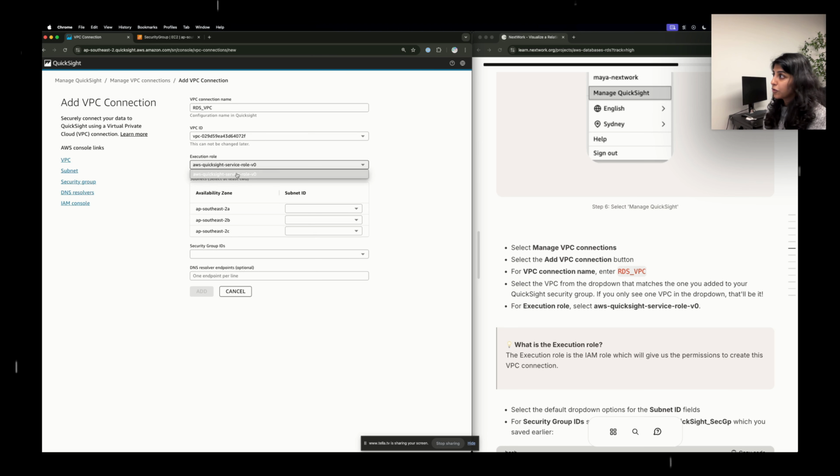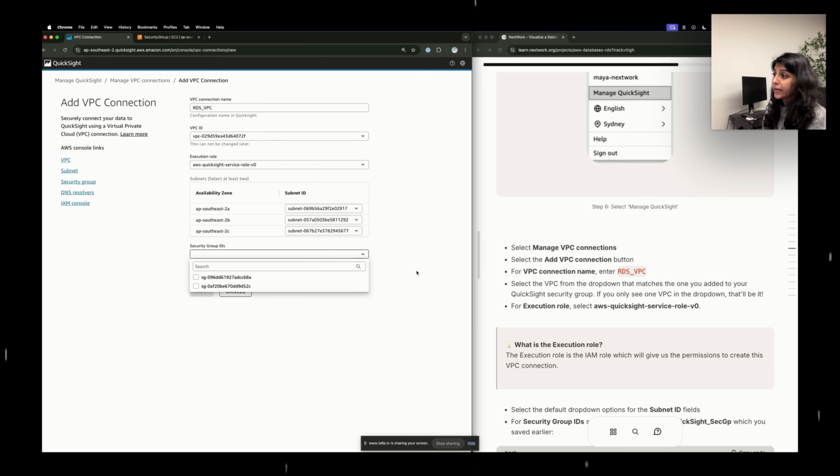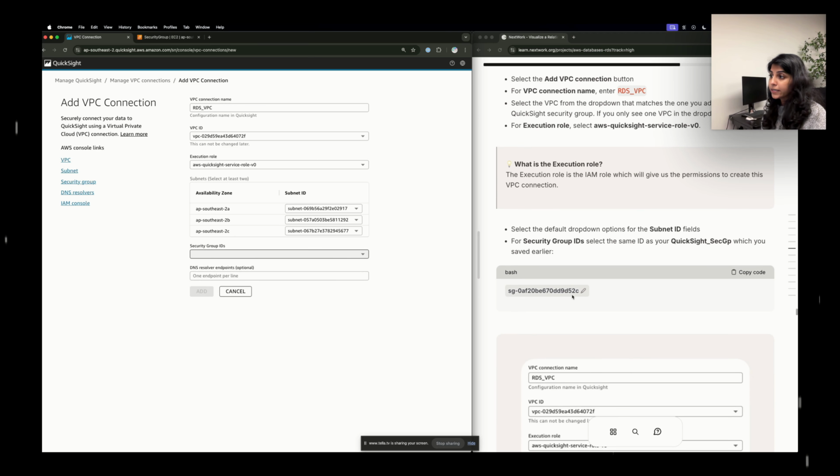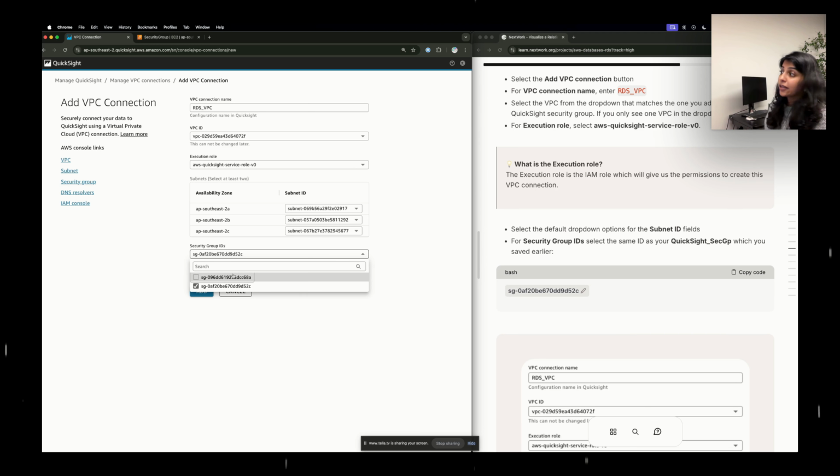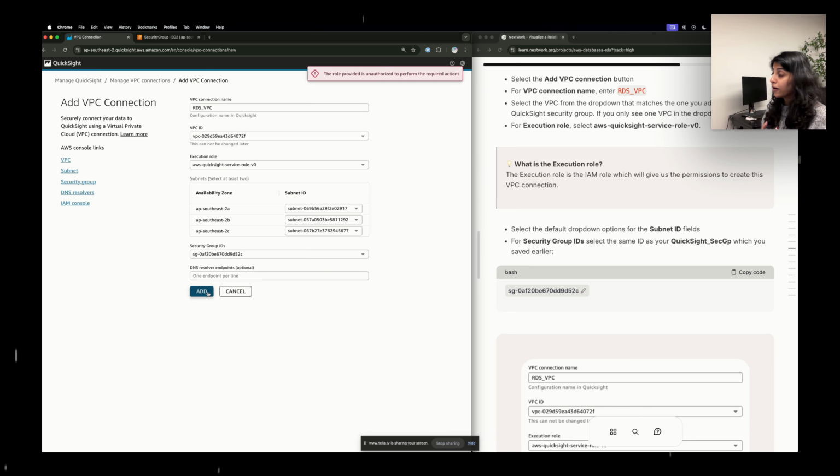For execution role, select the default QuickSight service role, and then select the default subnets that are available. And then for the security group ID, well, what was our group ID? Mine ends with D52C, and I see that right here because the other one is the default security group. So we don't want that. We want the one that is made explicitly for